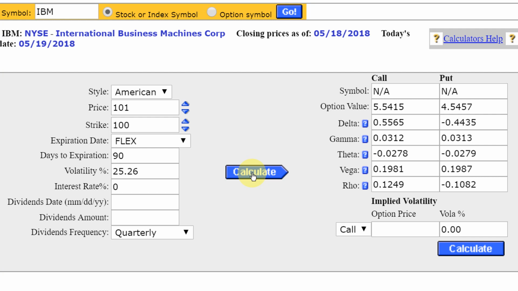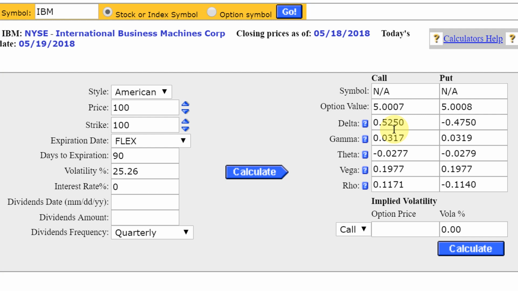What happened? Why didn't it come out exactly? Well, hopefully you remember it's because of gamma. Gamma shows that our deltas are going to be changing as that stock price changes. And so therefore, moving from 100 to 101 is technically too big of a move. The better way to see that is to look at my delta as a percentage change in the underlying. So if we come back here to 100, and I see that my delta is 52.5, the better way to say that is that my option's price is going to pick up about 52.5, let's call it 53%, of the